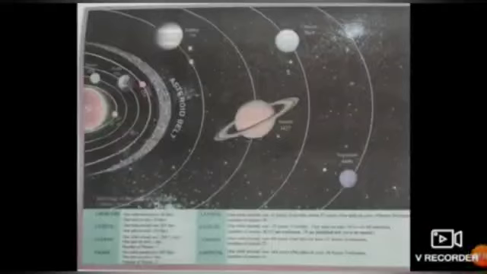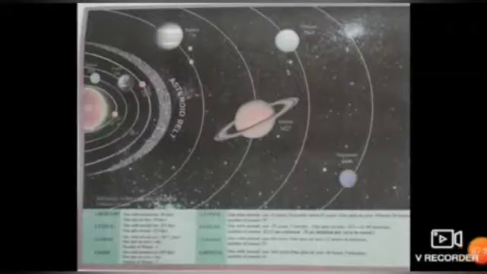As you can see in the picture, there is an asteroid belt between Mars and Jupiter. It contains many asteroids. Jupiter. Jupiter is 778 million kilometers away from the Sun. It takes about 12 years to complete one revolution and 9 hours 56 minutes to complete one rotation. It has 79 moons, students.